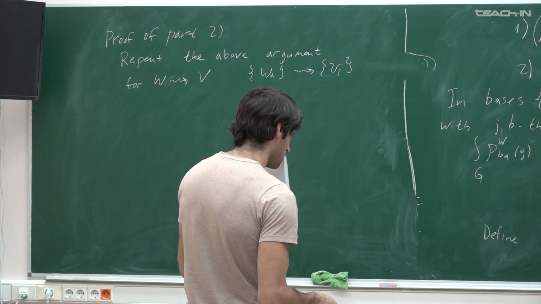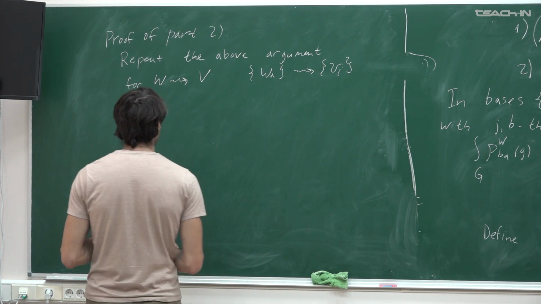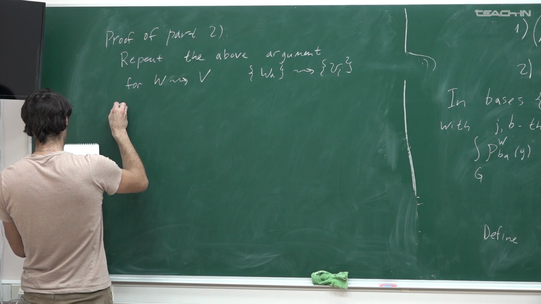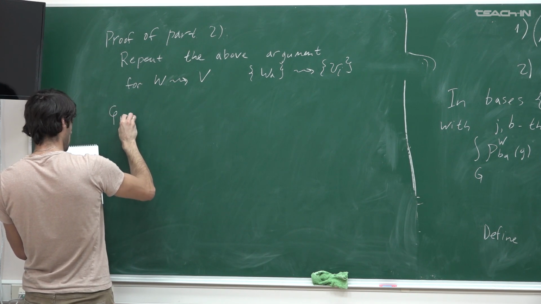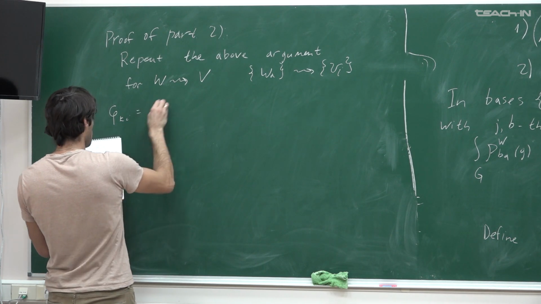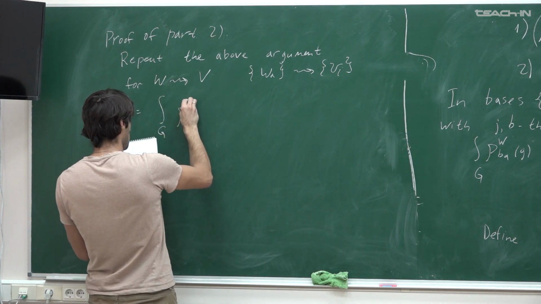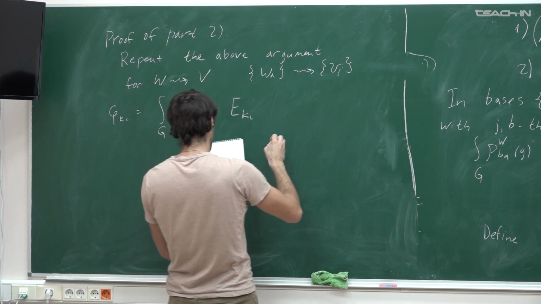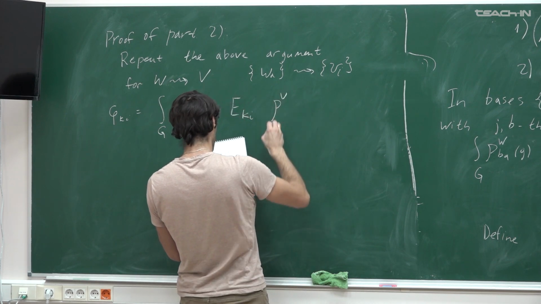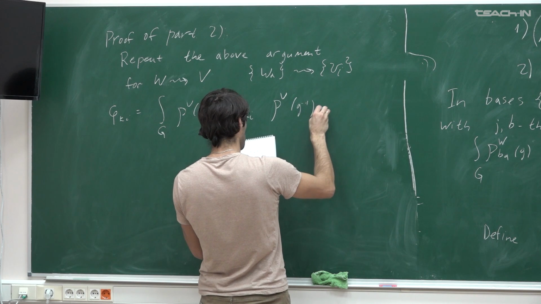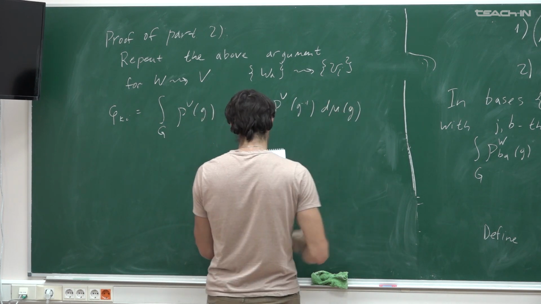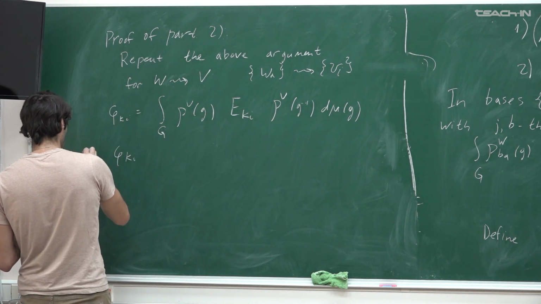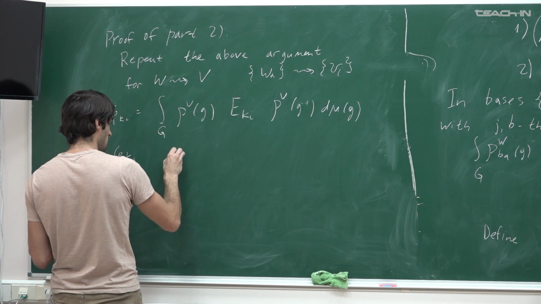All right. So we can define phi_ki the same way we did there. It now becomes the integral of rho_V(g) e_ki rho_V(g inverse) d mu(g). And the same computation says that phi_ki is a homomorphism